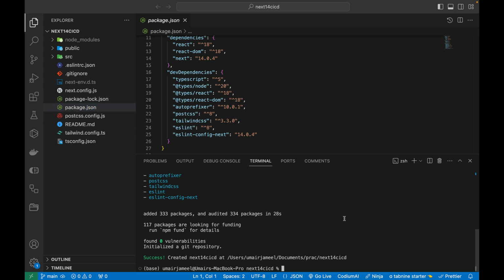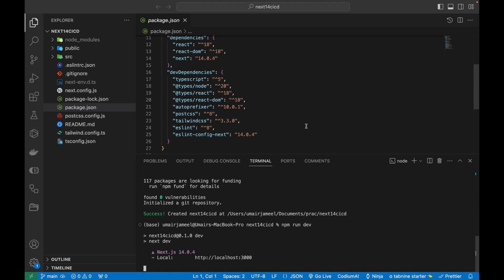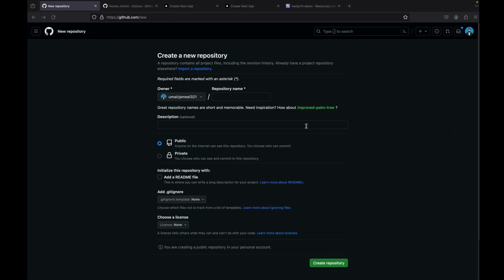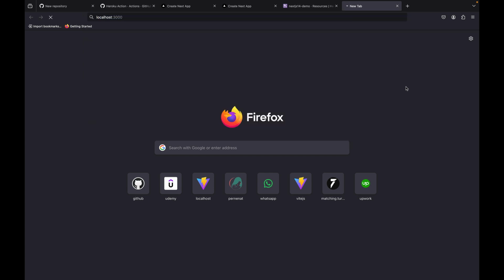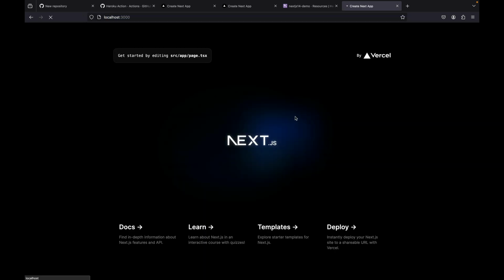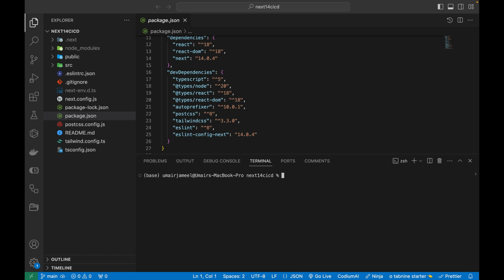Now, first of all, I'm going to verify if everything works well. So I will run npm run dev. It's going to run on localhost:3000. Let's verify if our project is working fine. It's looking like it's working fine. Yes, it's working fine. So let's get started and install the different packages that we would need to configure linters, formatters,